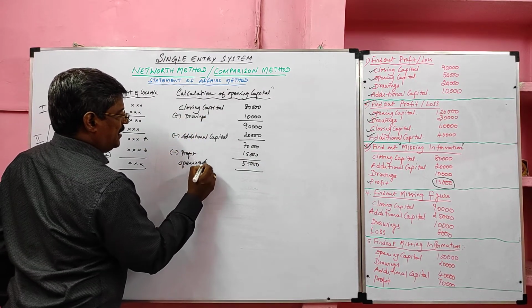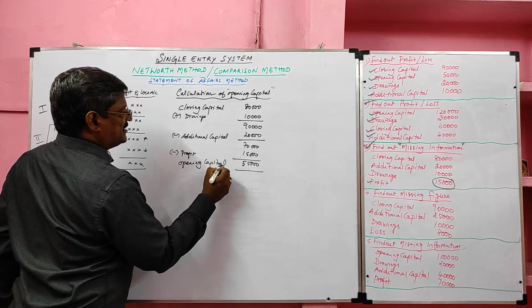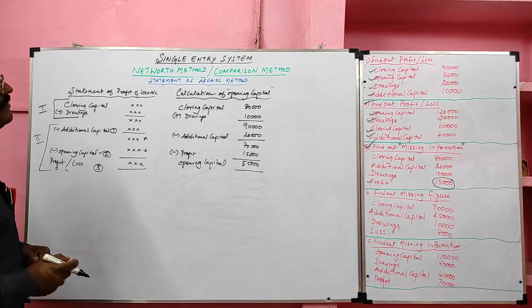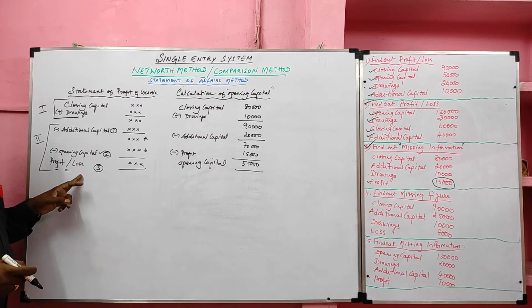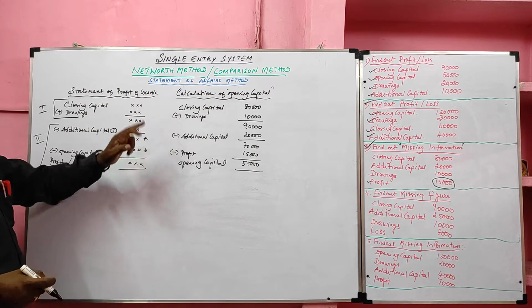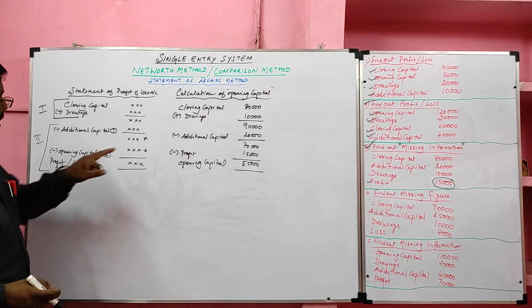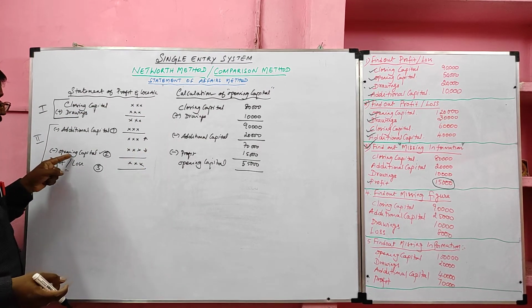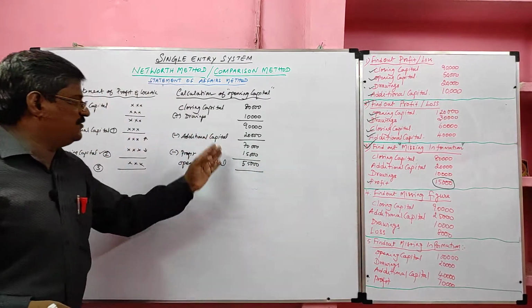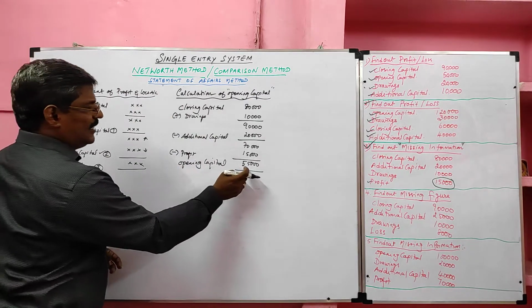Students, here they are asking for missing information. Very simple. Here opening capital is not given, hidden. So the item is missing in the second part, so we can start with the first part, closing capital plus drawing. Additional capital we deducted. Opening capital is not given, so leave that. You have to consider the next item. What is given? Profit, that you have to deduct. The balancing item is the opening capital.